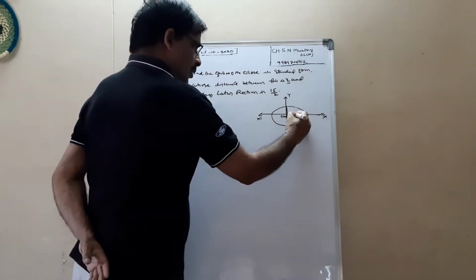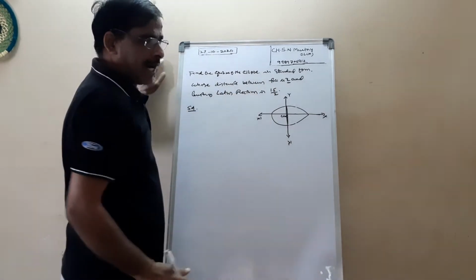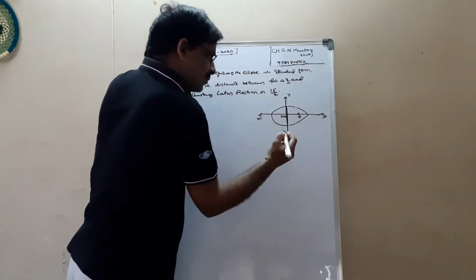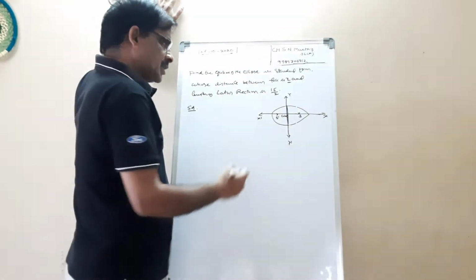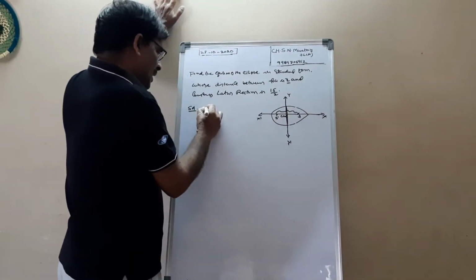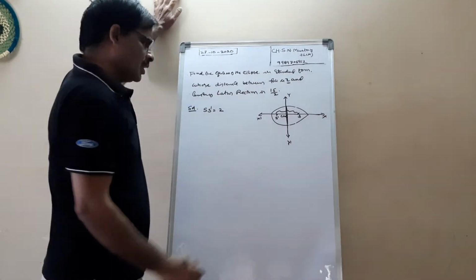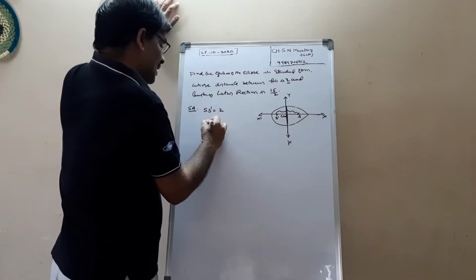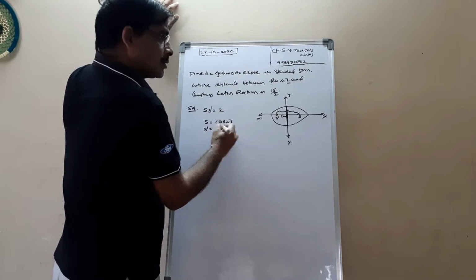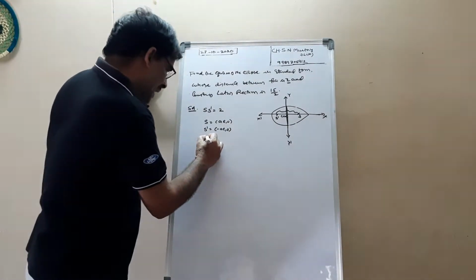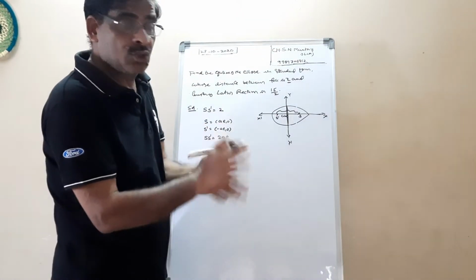And what is given? The distance between the foci, it means S is one side and S dash is the other side of the foci. The distance between these two, S S dash, is given to you. That is 2. Actually, you know the coordinates: S equal to (ae, 0), S dash equal to (minus ae, 0). S S dash, you know its length is equal to 2ae by using the distance between two points.